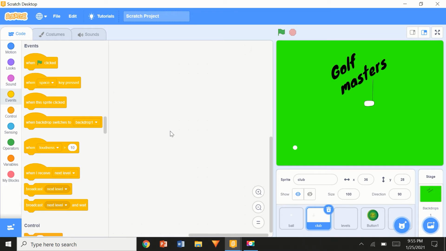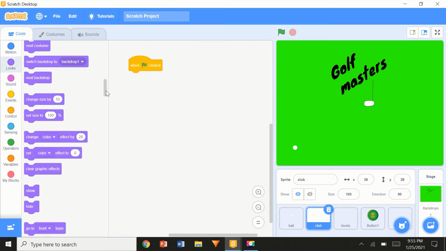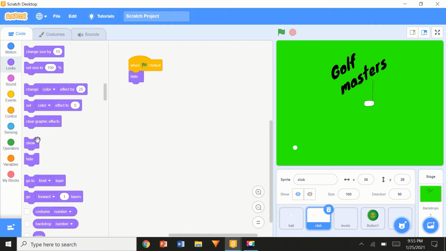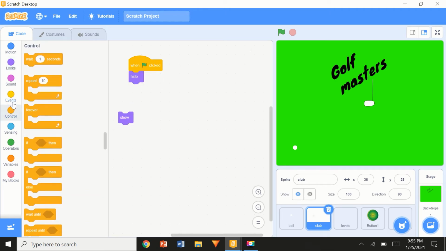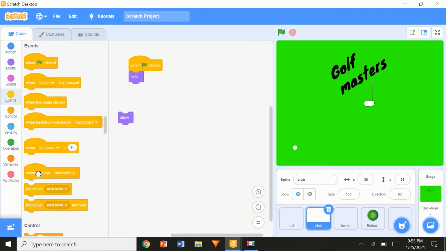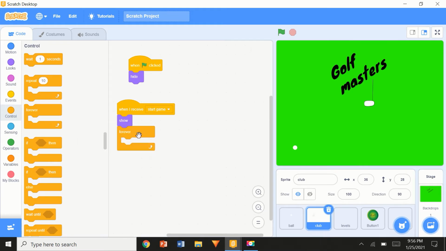So now what we're going to do is we're going to go to the club code. So when flag clicked, again, this is standard for all of these. Hide, show when I receive start game. Not next level, start game. When I receive start game, show forever. If then